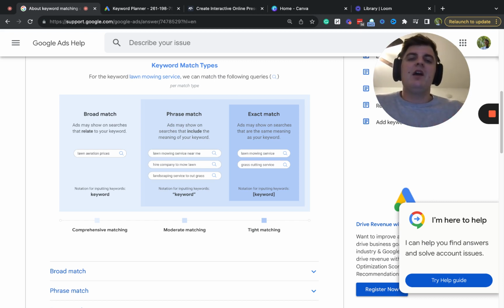The next thing is exact match. Ads may be shown on searches that are the same as your keyword. So for instance, if you're going after this keyword still, lawn mowing services, when someone looks that up, you will be shown for that. It's a much more specific match, but we're also seeing a little bit